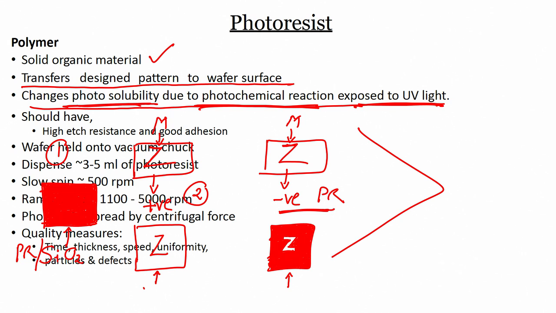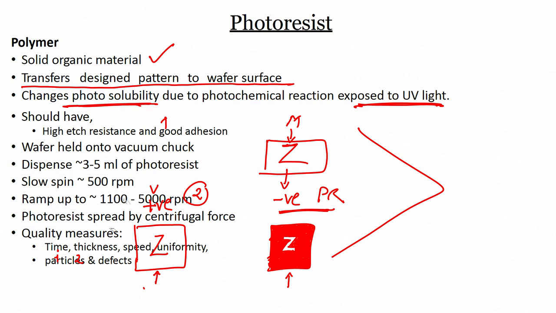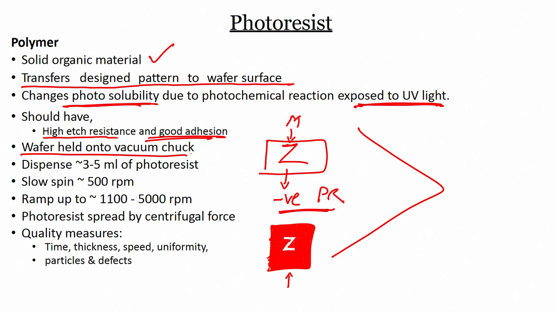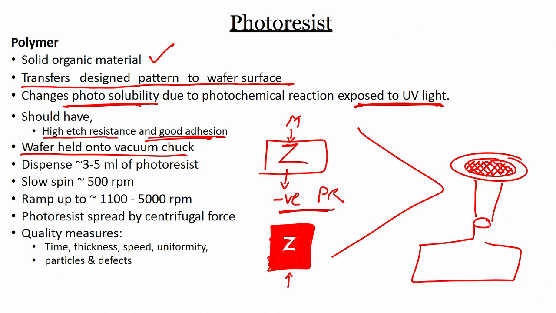So, you guys understood this particular thing, right. So, I am removing this schematic so that you can see what is written. Now, you can see. The photoresist should have high etch resistance and good adhesion, that is a property of photoresist. Okay. So, the wafer is held onto the vacuum chuck. That means there is a vacuum chuck which is connected to the vacuum pump, and the wafer is held on this vacuum chuck. This is our wafer. This vacuum is created by connecting this to a vacuum pump,